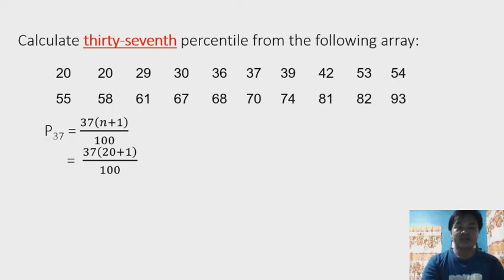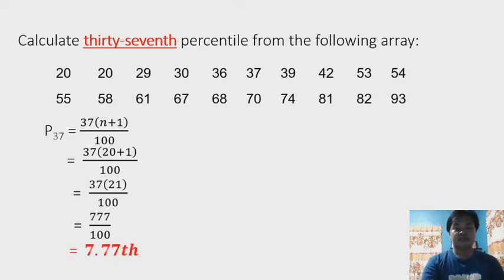So, 20 plus 1, the answer is 21. So, multiply 37 times 21, 777. So, 777 divided by 100, 7.77. So, ibig sabihin, ang 37th percentile ay nasa 7th item